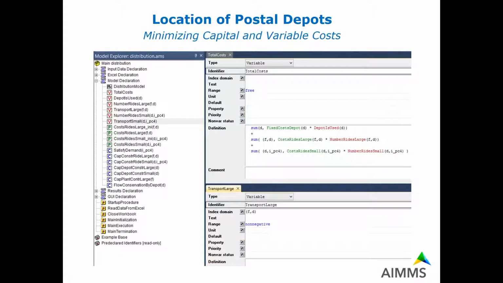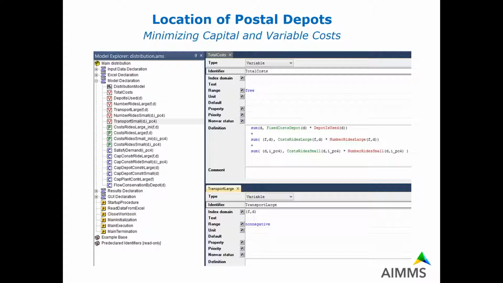So the main difference here is basically that the number of rides between factory and depot is also a binary variable, and